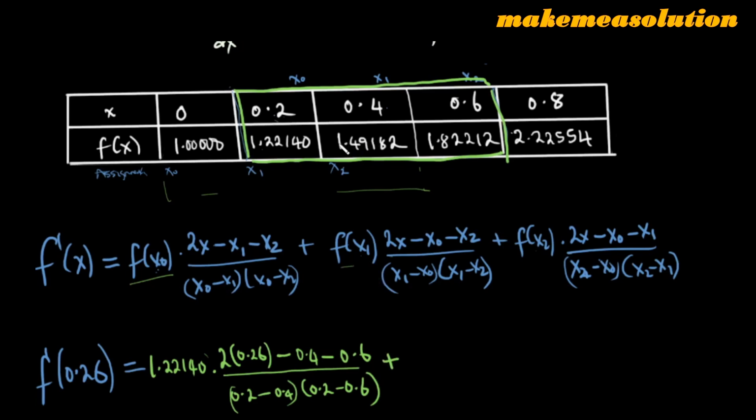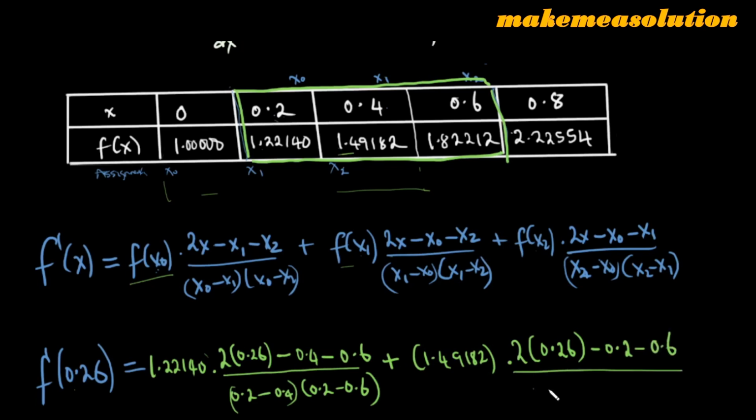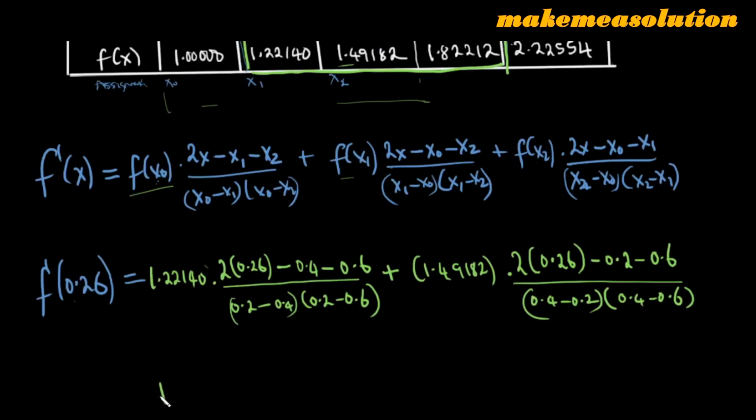My f of x1 is, since this is my x1, this is my f of x1, which is 1.49182, then multiplied by 2 into x. 2x is 0.26. That's the derivative we want to evaluate. And you now have minus x naught, which is 0.2, minus x2, which is 0.6, and all over x1 minus x naught, which is 0.4 minus 0.2, and x1 minus x2, which is 0.4 minus 0.6. Is that okay? Then finally, plus